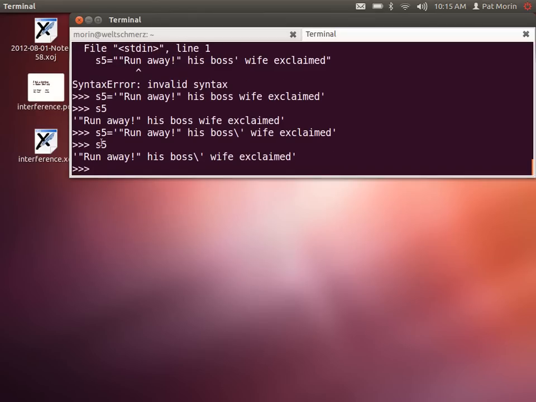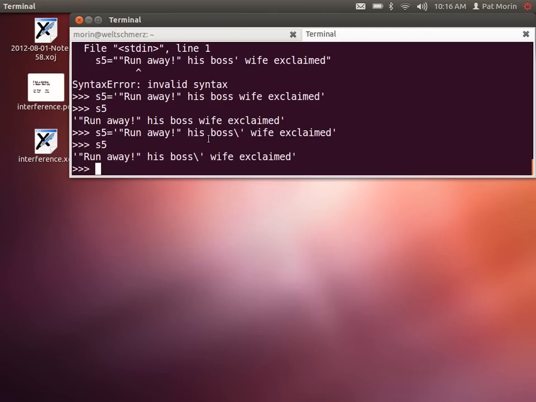So if we look at this now, we see that this worked for us. And when the string gets displayed like this as a variable, when we display the value of this variable s5, you see that this was escaped. So there's no confusion about anything strange happening here. So there's this mechanism of escapes with a backslash that lets you use quotes as you like inside of a string. And this mechanism is really useful because it lets you do all kinds of other things,